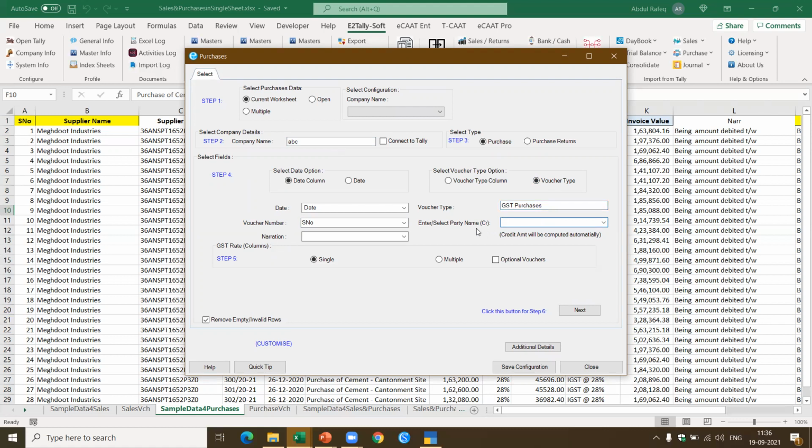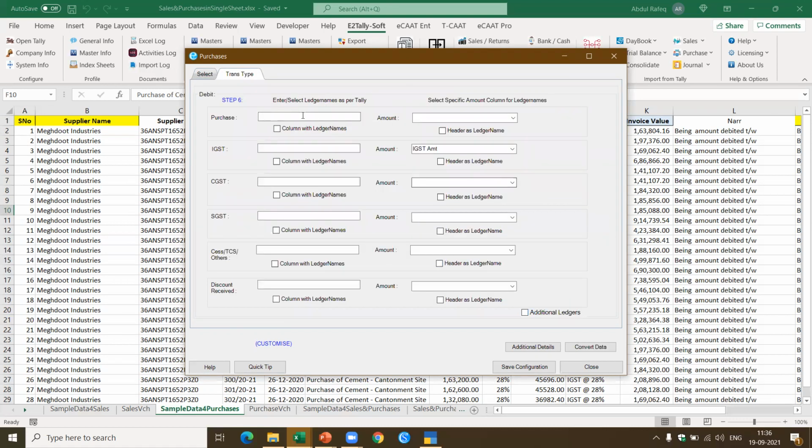Now, if you see here, automatically because it's a purchase, the party's name has to be credit. So I select the supplier name. It goes in the same style and pattern. If you see here, I got the next details. In this case, I'm going to select the purchases. I select the purchase here because this is a different column. And here I select the amount, which is available in the taxable amount. Next, I have to select the IGST ledgers. And I select the IGST amount. It's already done. This is what I have.